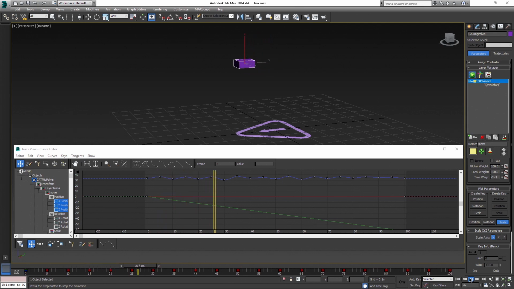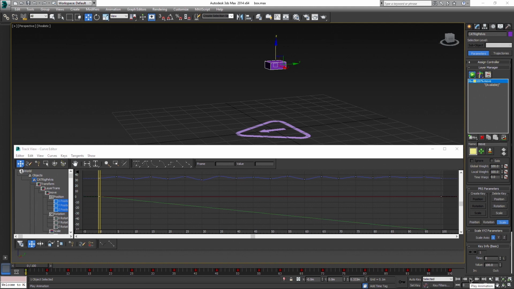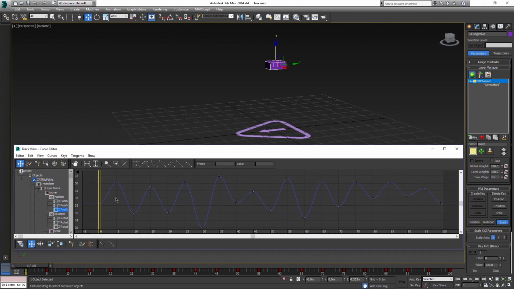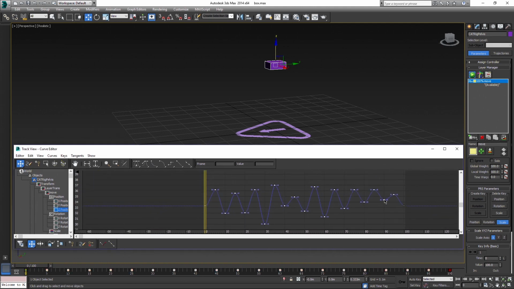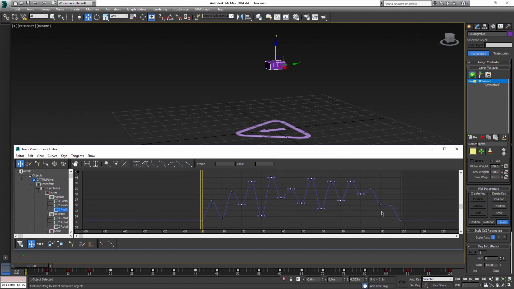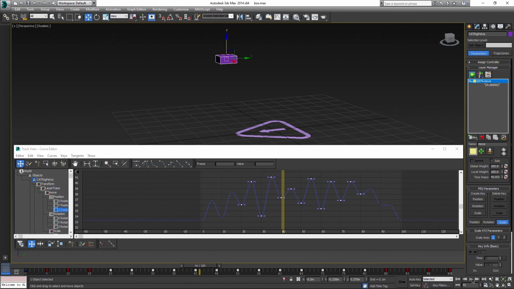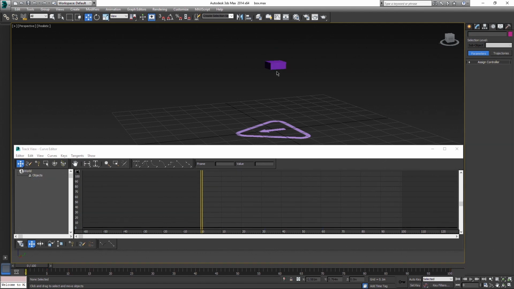We have one bone animated on one absolute layer. It's just kind of wobbling around as it moves forward. Now let's say that we want this bone to move up and then back down again as it moves forward, but we don't want to break the animation we already did. We could just move all the keys manually like this and try to get the look we want, but that's just redundant work and a lot of time wasted. And that's where adjustment layers come in handy. So let's create one.